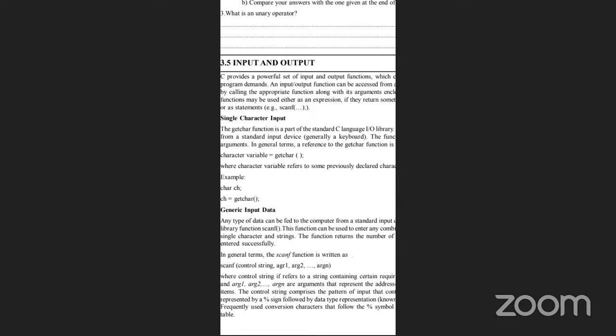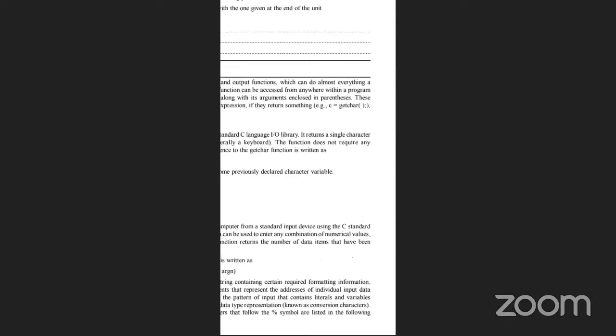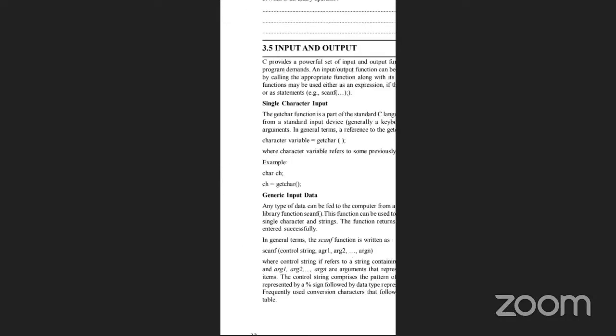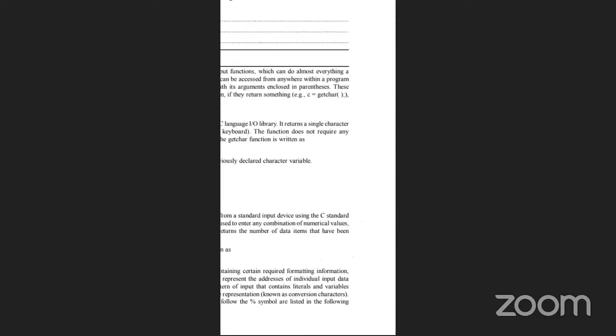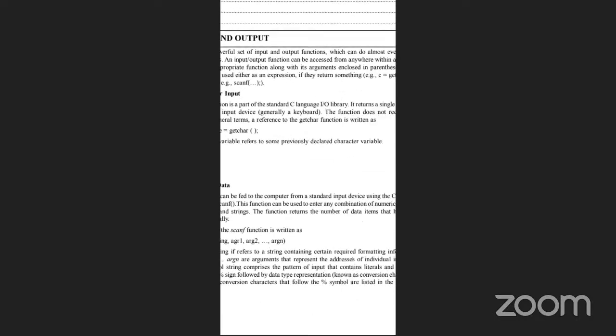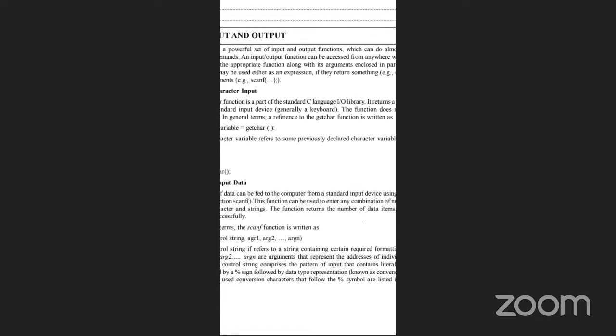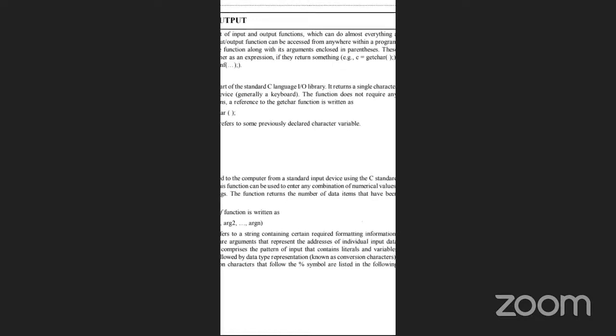Input and output. C provides a powerful set of input and output functions, which can do almost everything a program demands. Input-output functions can be accessed from anywhere within a program by calling the appropriate function along with its arguments enclosed in parentheses. These functions may be used as an expression if they return something. Example, c = getchar(); statement scanf(